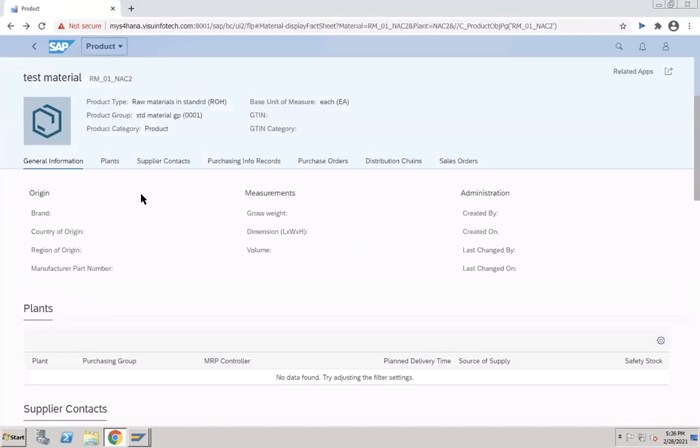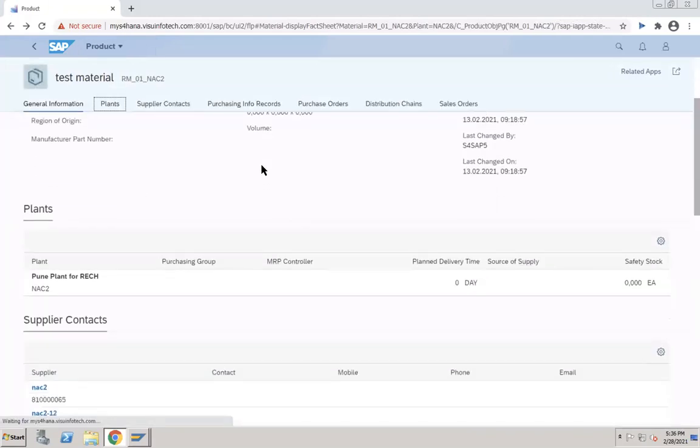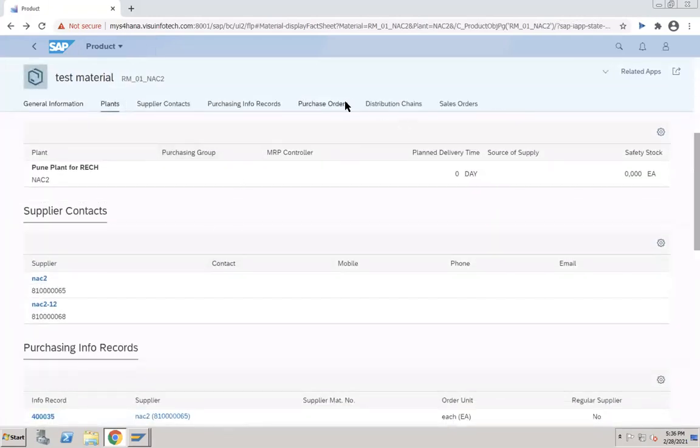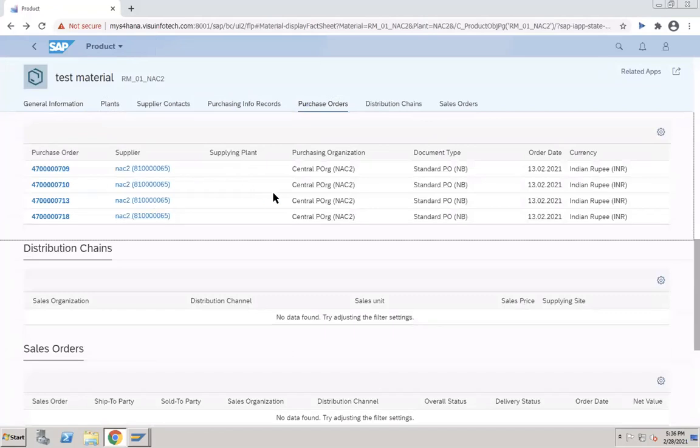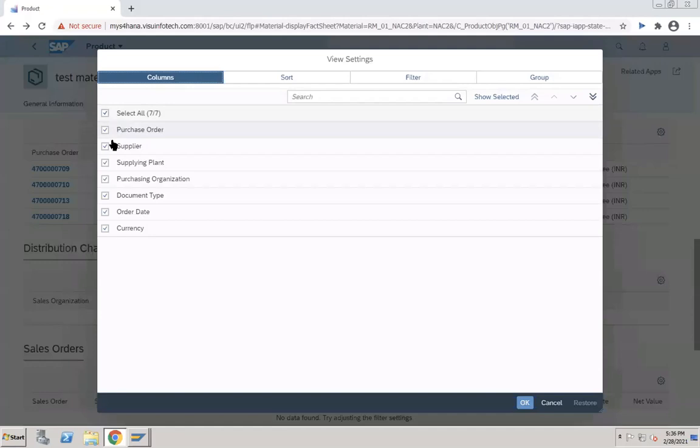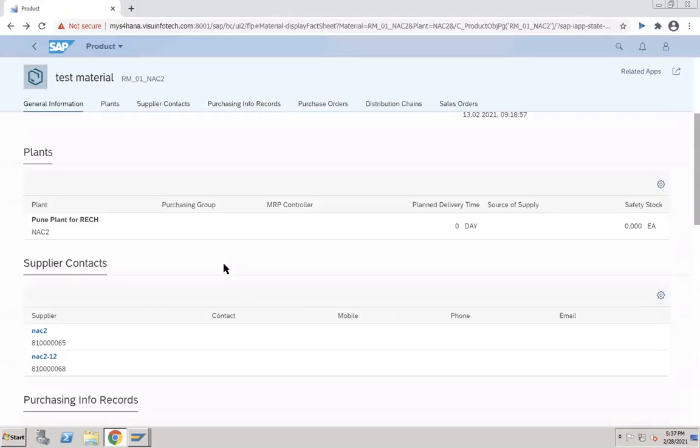Like that, you can monitor. See the supplier, who this is purchasing for, what purchase orders you have in this one. If you want, you can filter here also, purchase order wise or supplier wise. Many options we have here.